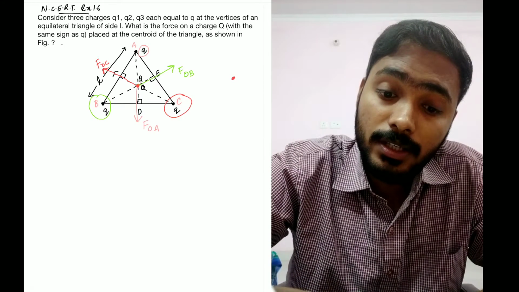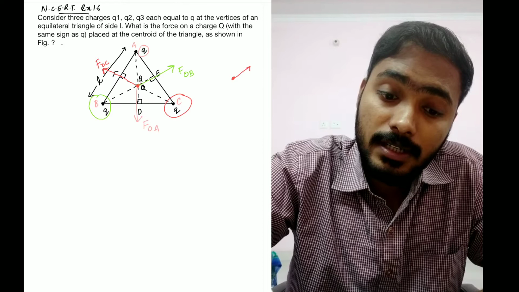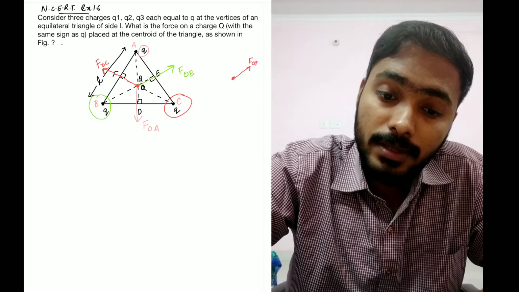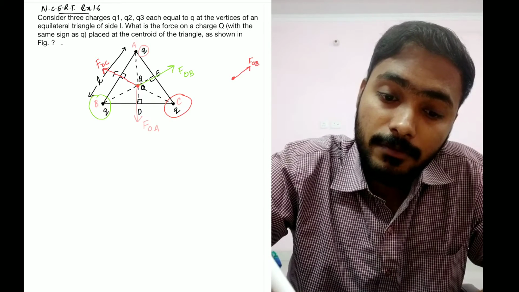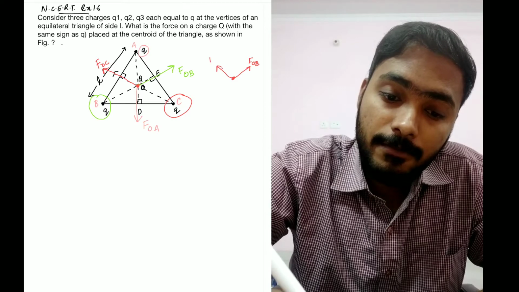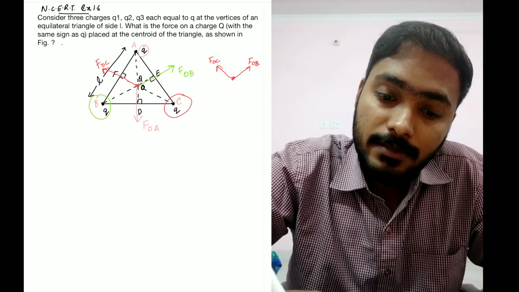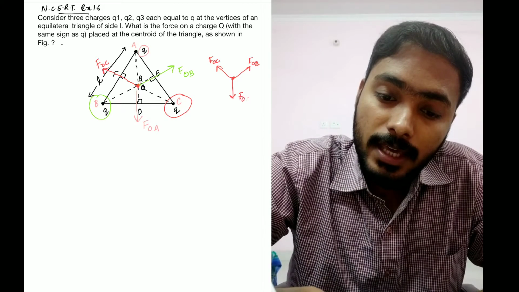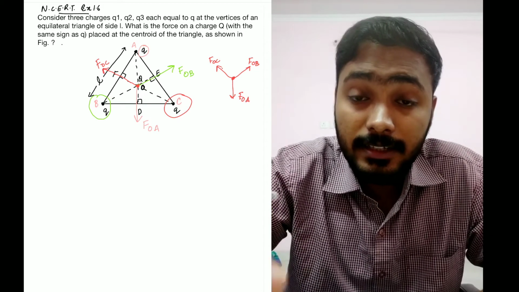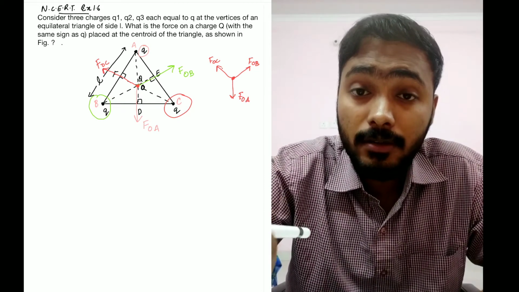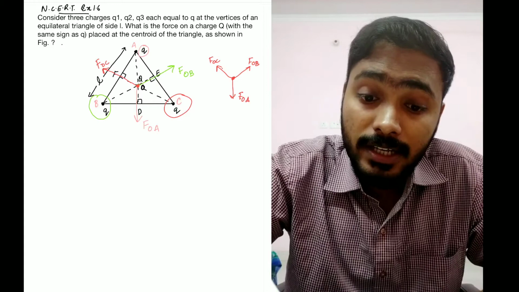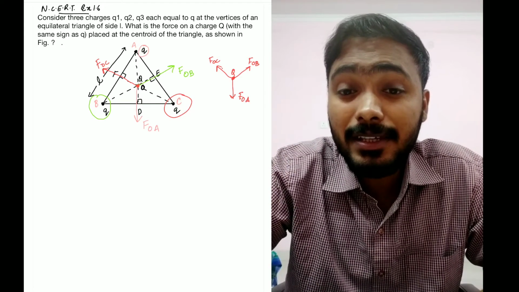Let me draw it over here. There is one force FOB, right? There is one force FOC, and there is one force FOA. I hope you guys can see there are three forces over here, right? So if you want to find out the net force, it will be simply the vector